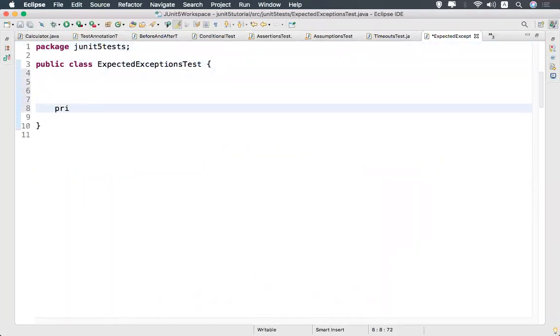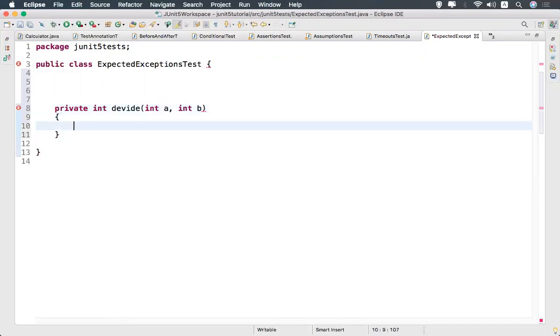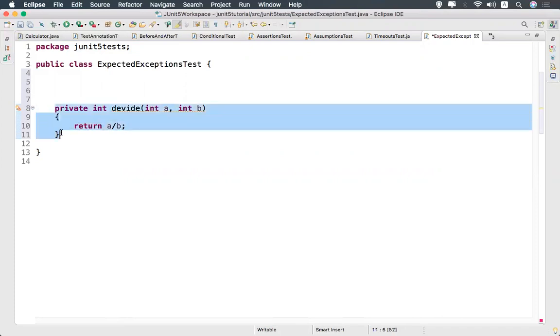First I'll take one private method that returns int, divide. I'm writing one method divide(int a, int b). Inside this I'm just saying return a by b. So I'm returning this a by b.